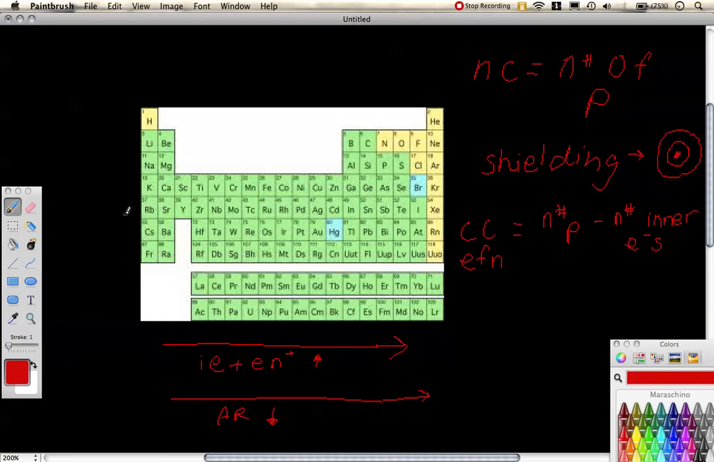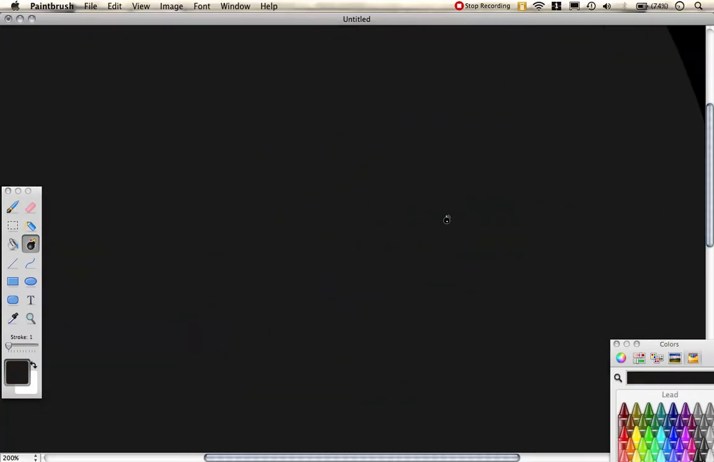If you are concentrating on what happens when you look down a group, then again, ionisation energy and electronegativity share the same relationship. So IE and electronegativity both decrease as you move down a group. Atomic radius, on the other hand, shares the opposite relationship. Atomic radius will increase as you move down a group. So that pretty much summarizes, guys, what it is that we already know. Now let's look at how we can explain those